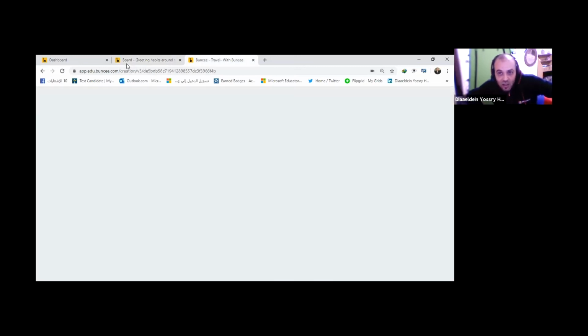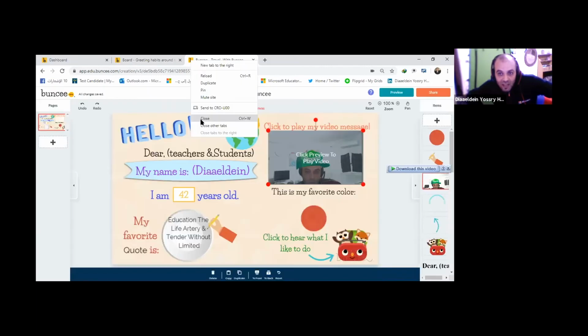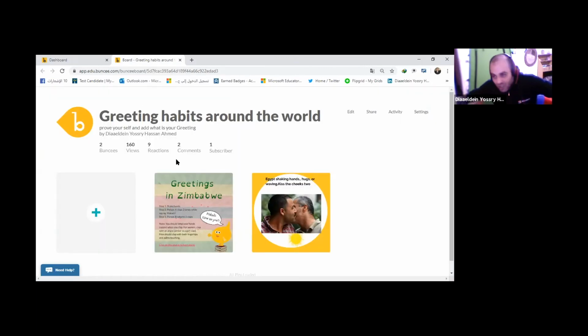So this is all about Buncee, and all I want to say is, when I first found Buncee, I found myself in much progress, and progress, and progress. So I hope